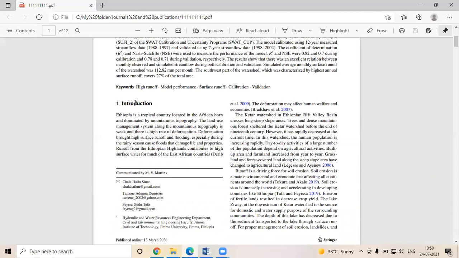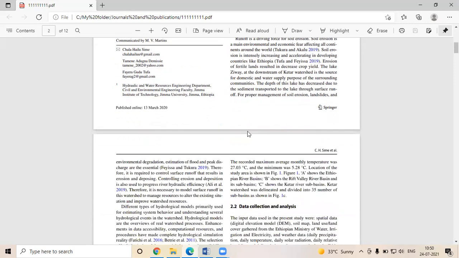You can see the numbering. It is 1. There is no point, nothing, there is only space between these. So you have to follow the same pattern. And Introduction, it is not given in capital letters. It is given in the normal way. So you can give like that also.